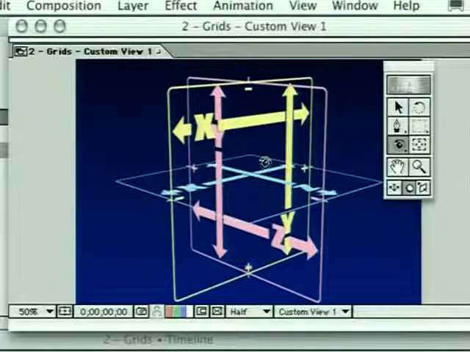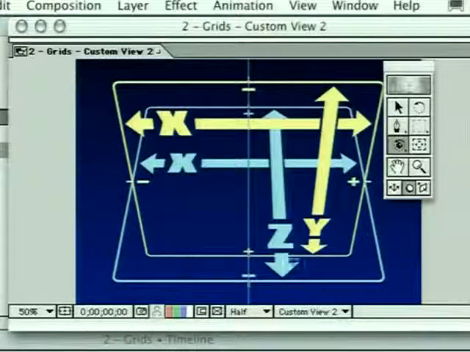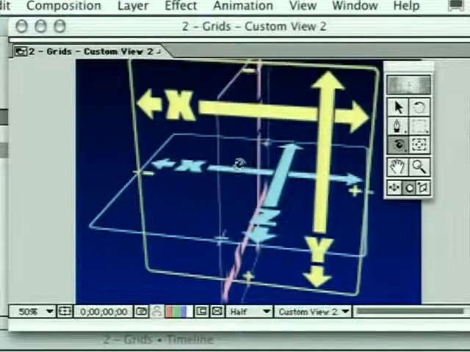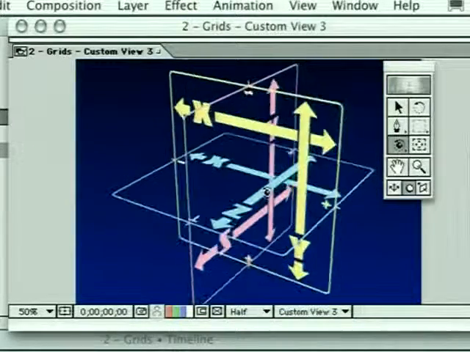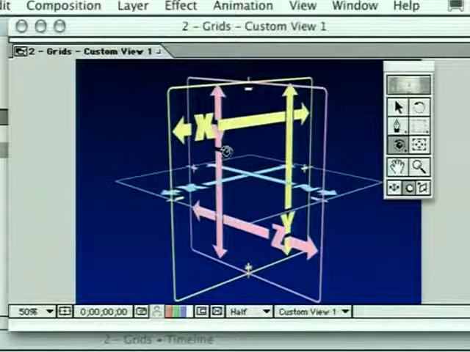If I switch to custom view 2, I get a more front-on view, but I can adjust that as well, add a little bit more perspective. I can then switch to custom view 3 if I like, and fine-tune that if I want to. And now if I go back to custom view 1, it'll retain the presets that I just set. Why is this important? Because the custom views are the only views in this pop-up that are available to you